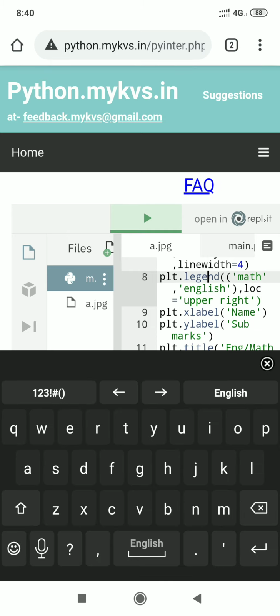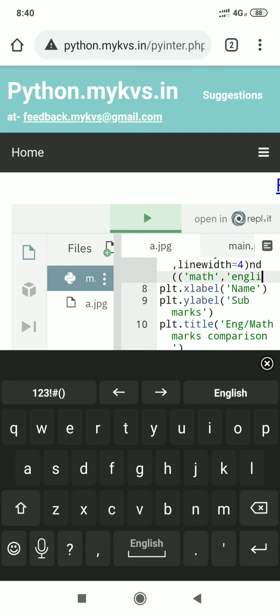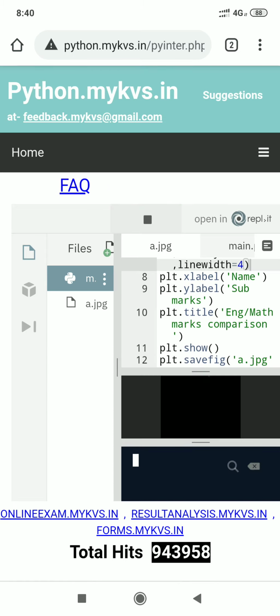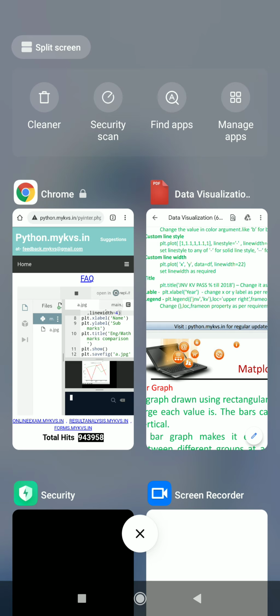Okay student, do it on your system, it will work. Legend means what kind of value is being displayed. Okay, what is legend? I show you.